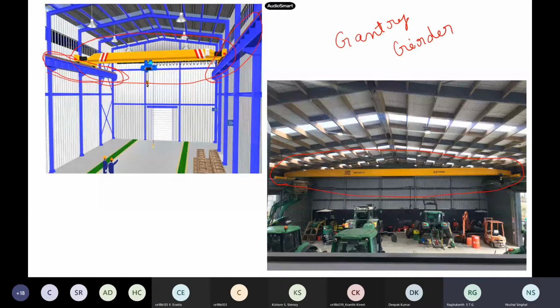So here, this design becomes very important. If you are designing a gantry girder, then this crane load, how much it comes to, also has to be included in our design. Suppose you are designing an ordinary steel building, then you don't require a gantry girder. You can do the regular design itself. If time permits, at the end of this course, we will see how to design a gantry girder also. But that is a later step. So for the time being, you can ignore the crane load. That becomes very important for gantry girders and other designs.